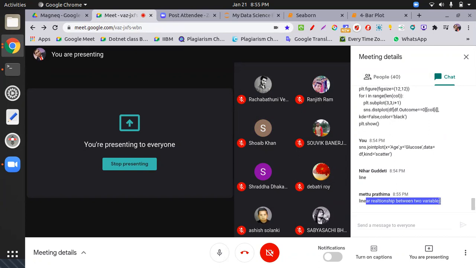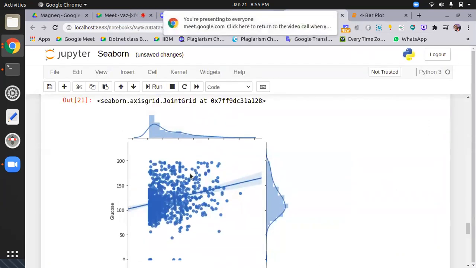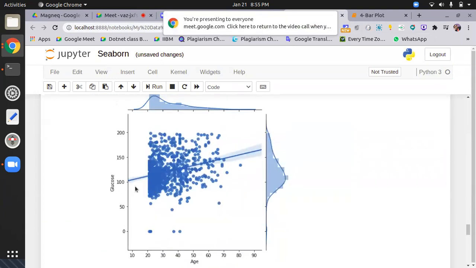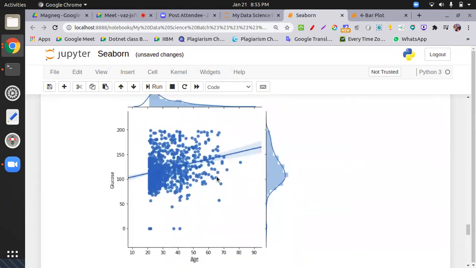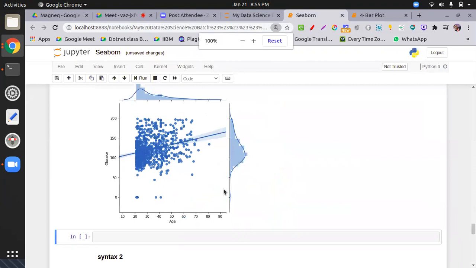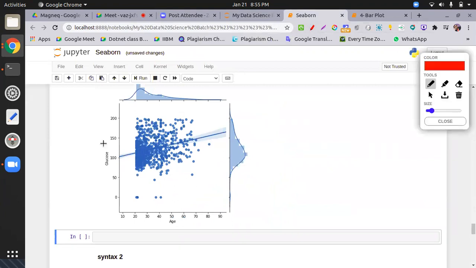First of all, I'm showing this line of age and glucose. You got histogram and KDE also over here. What does this line resemble? If we have age and glucose, this is your best fit line. One line can never fit all points, but one line would try to cover the maximum points. Same thing in relation: we have to establish the relation between two variables. This is input, this is output. The equation for the regression line is y = mx + c.